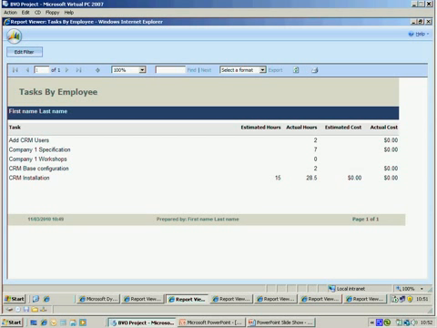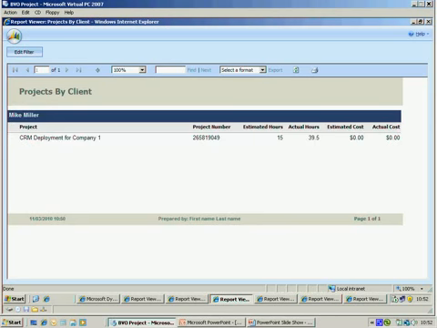Here we have the tasks by employee. So this employee has actually been doing all the work, so we have the tasks that they've been doing this week, so we can actually see how many hours they've been working on projects. Here we have the just projects by client, so we just have the particular project at the top level. We don't have the details. We have a detail report that we saw earlier, and then we just have a very top level report here